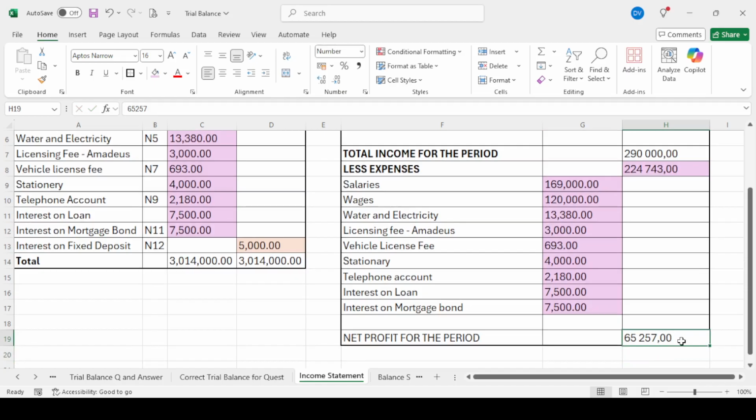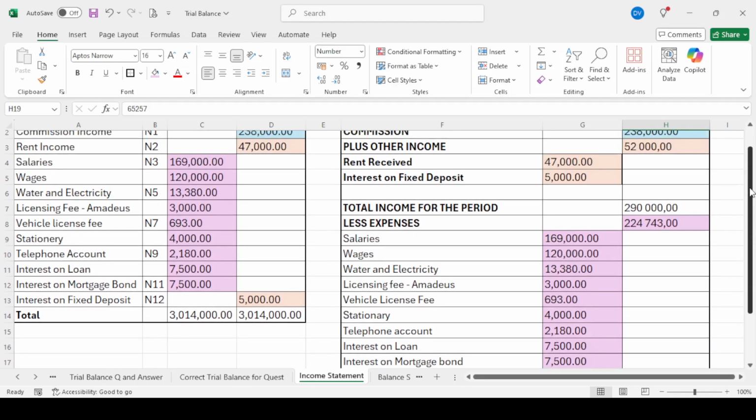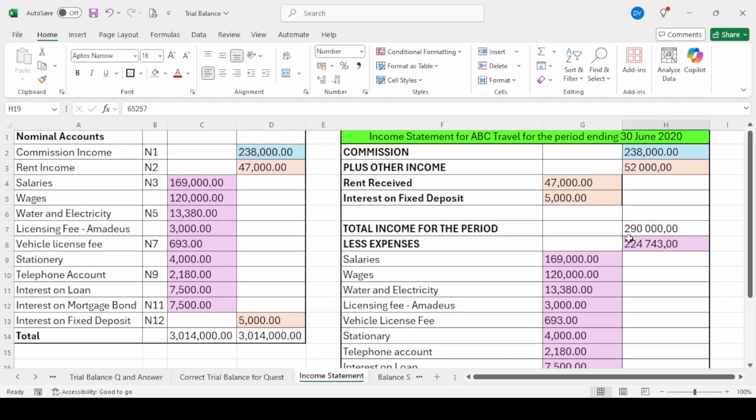Okay, this is a profit. That's why we do the income statement, to see if we've got a profit or a loss. If it was a loss, it would have been a minus. It means that you would have had a larger amount under your expenses. It would have been more than your total income.